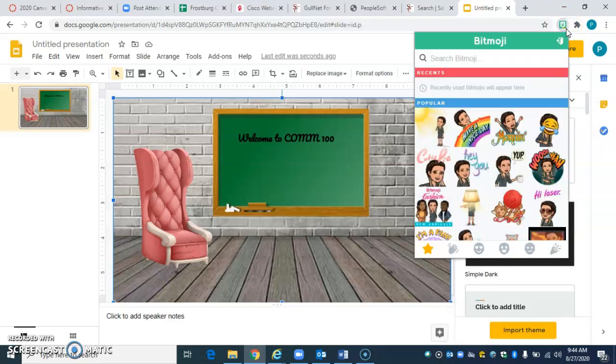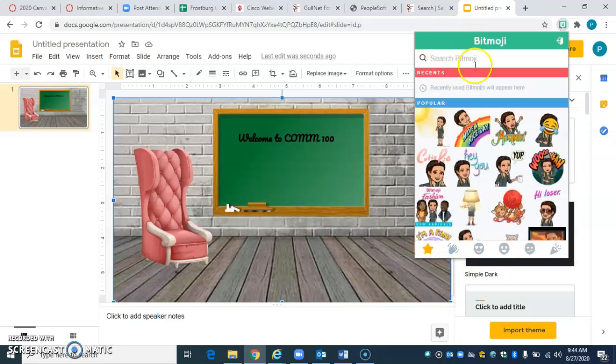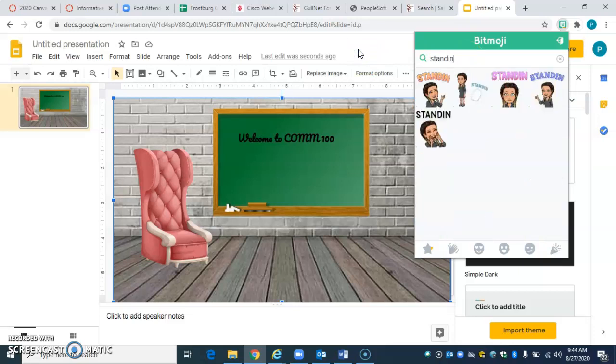And it's very personalized for my person, for who I am. So you can look through all of these. I mean, there's everything. So kind of the sky's the limit. I'm going to search for sitting because I want to put her in my chair. My chair's actually facing the wrong way, so we're going to click a standing one instead, but standing and